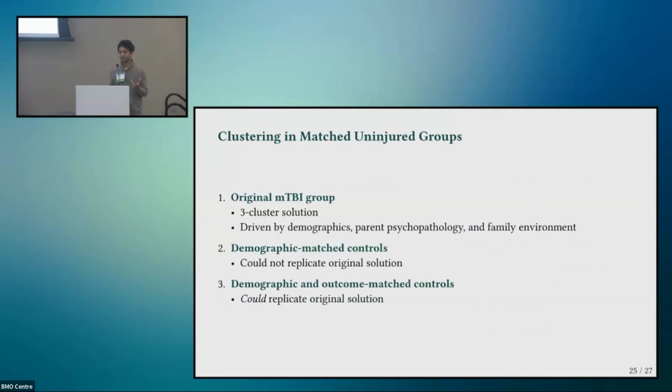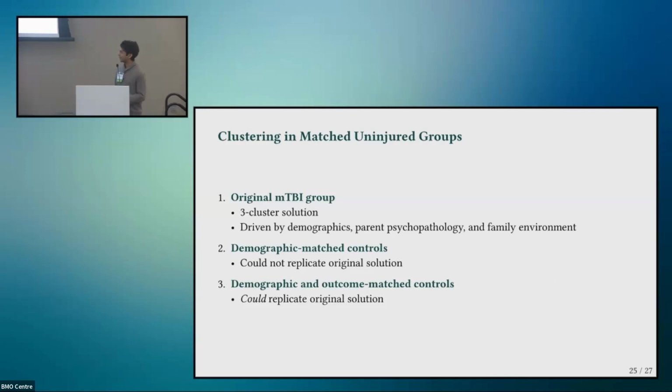So we also took a look at matched uninjured controls just to contextualize our results a bit and understand how specific all this is to MTBI. Interestingly, we started with a demographic match group because it seemed like demographics were really driving our heterogeneity. But within a demographic matched uninjured sample, we didn't see anything at all similar to what we observed in our